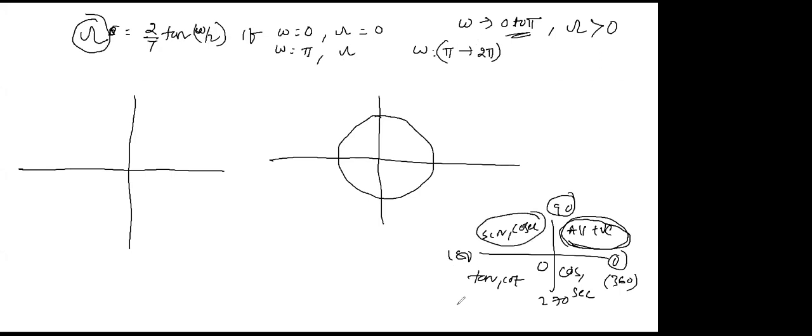Yes or not? When omega equals pi, it is pi by 2. When omega is 2 pi, omega by 2 means pi. Yes or not? Because it is tan of omega by 2. Then omega is pi, it is tan of pi by 2. Forget about this value, I'm not worried about that. And omega equals 2 pi, it is tan of 2 pi by 2, that is tan pi. The second quadrant, pi by 2 to pi.